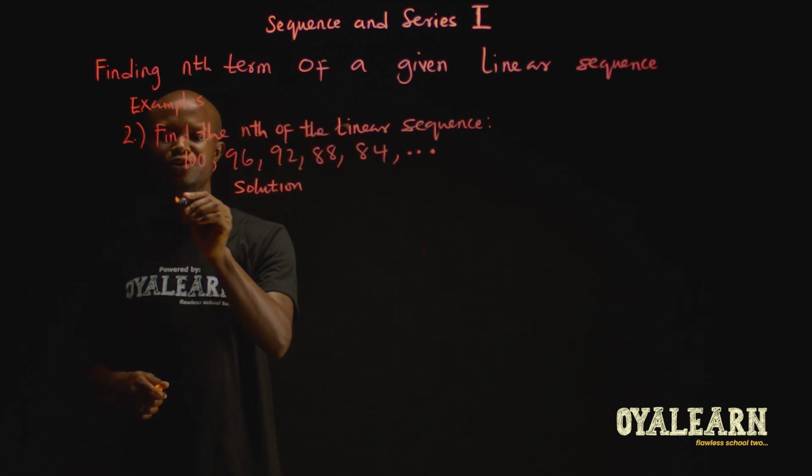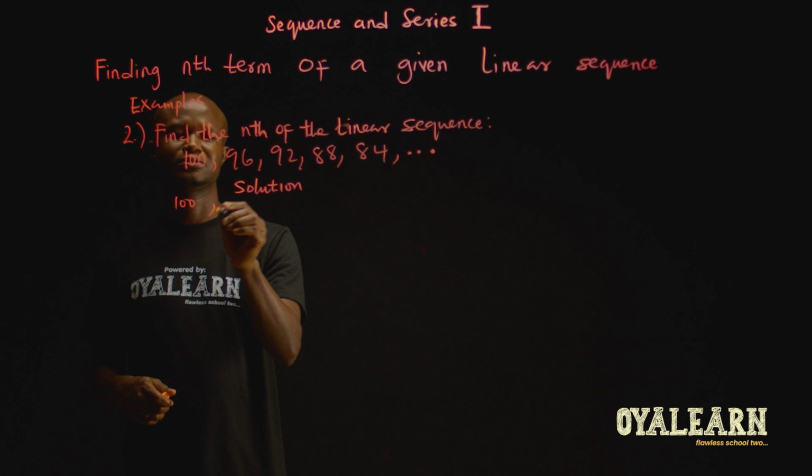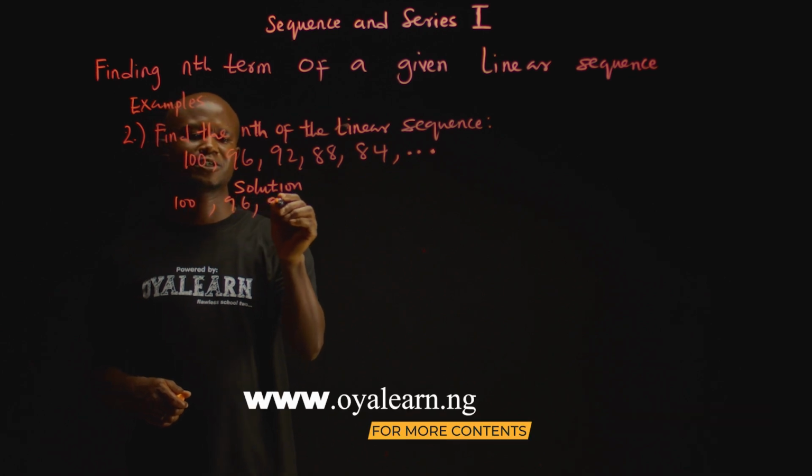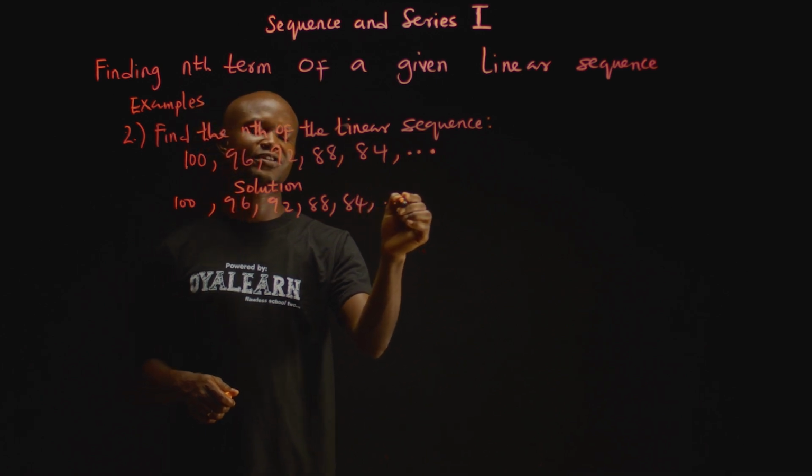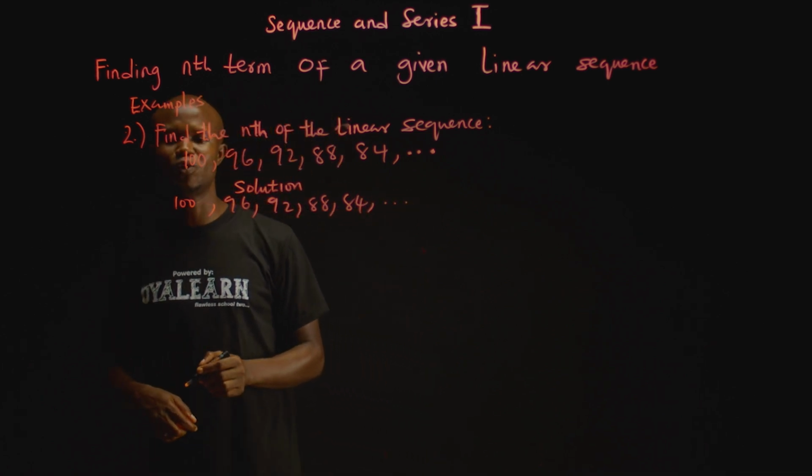Now we have 100, 96, 92, 88, 84. Then we have 3 dots. Now looking at what we have here,